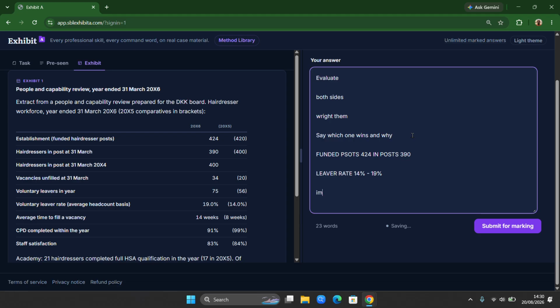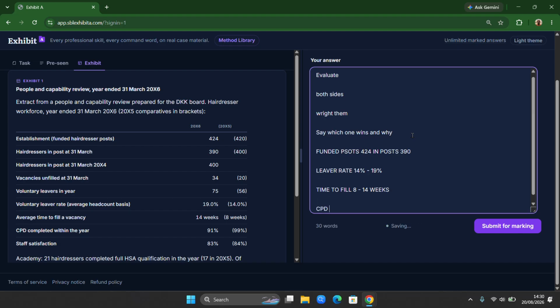The time to fill was 8 to 14 weeks, and the CPD, continuous professional development, completed was 99% to 91%, and the worst region was 27%, holding 11 of 34